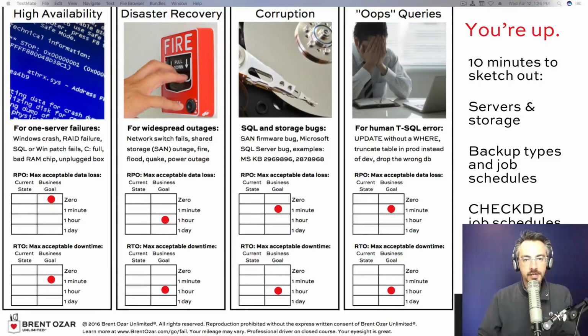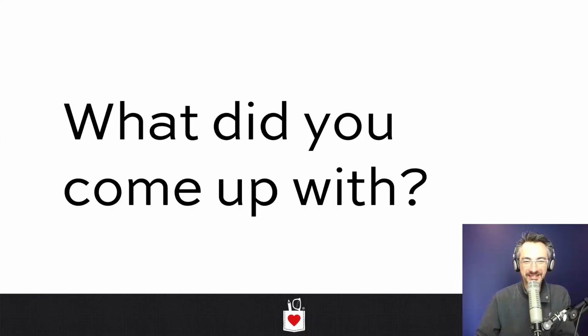So let's see what you guys came up with. And of course, you can't show me remotely. Typically when we sketch these kinds of things out, people will use a mix of Always On availability groups, sometimes failover